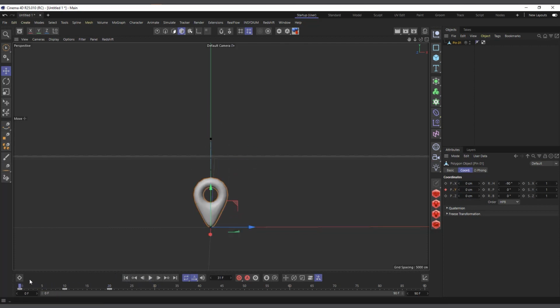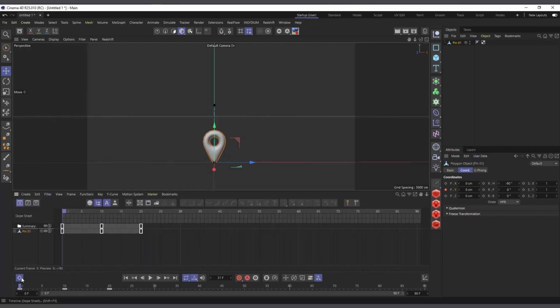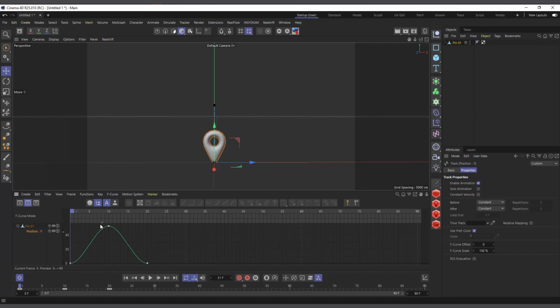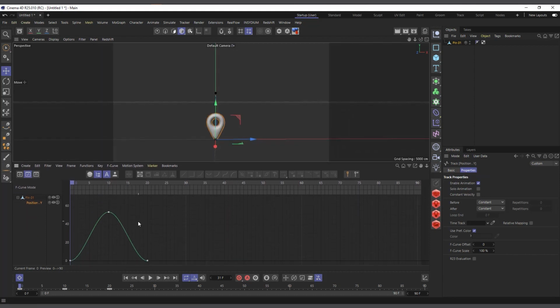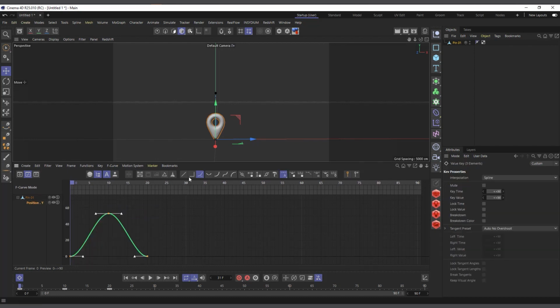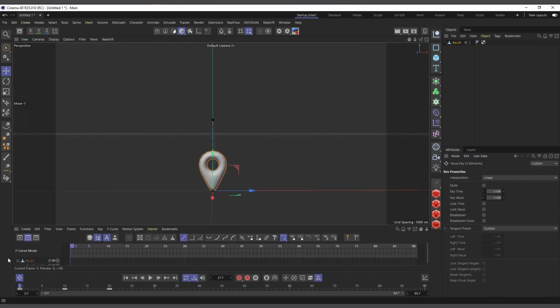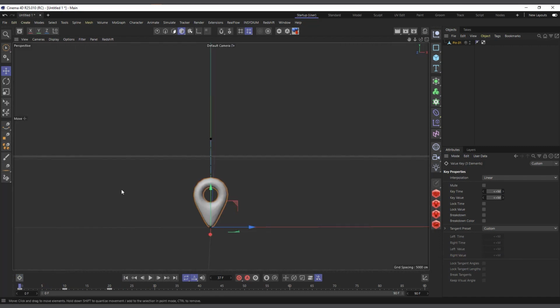So I'll actually go to the dope sheet. I click on this button here and it'll bring up our dope sheet. I'll click on this one to reveal our F curve mode. And if I open this one, you can see you have the position Y, and you can see the curve that you have, right? I don't want it curved, I want it to be linear, so I'll make sure all of it is selected, and I'll just click on this one and it will set it to linear. So now if I hit play, you can see it goes up and down. It's very rigid, right? That's basically what we want, so that you can see the effect of the next mode.